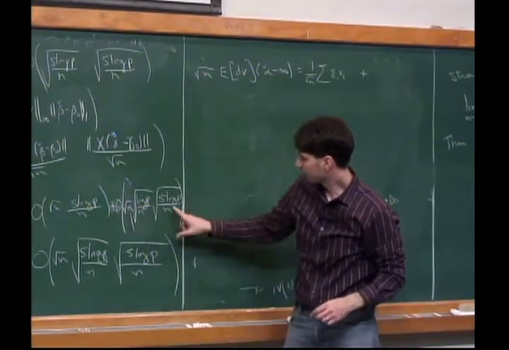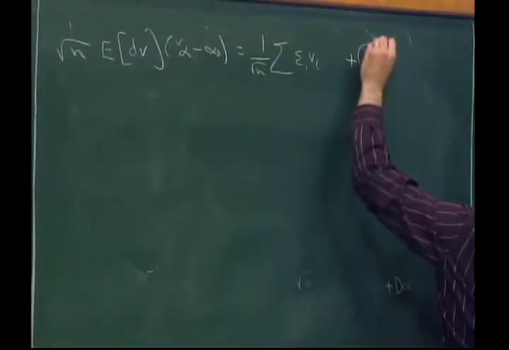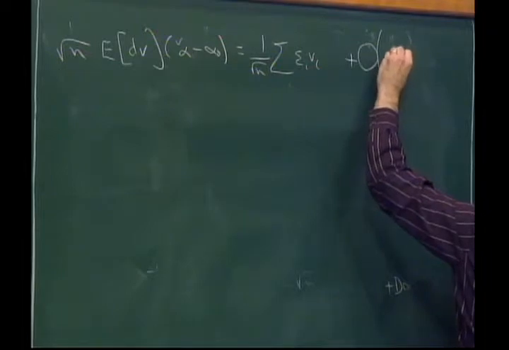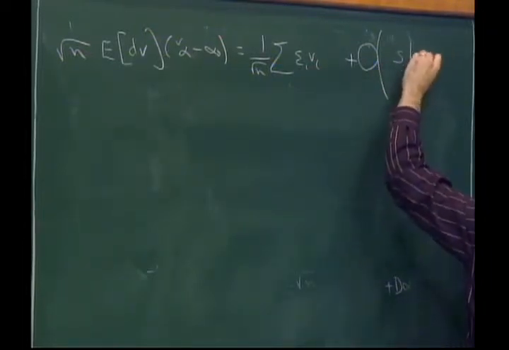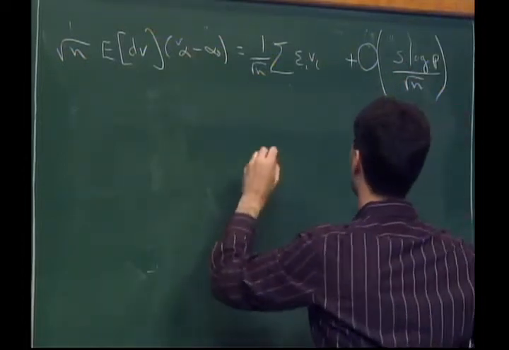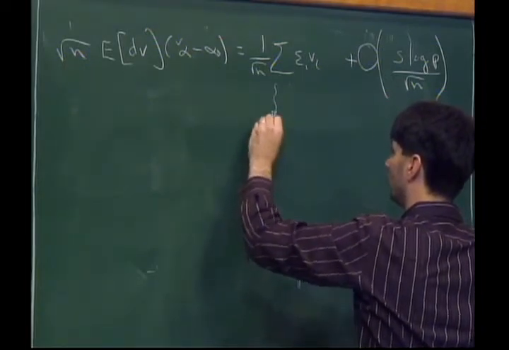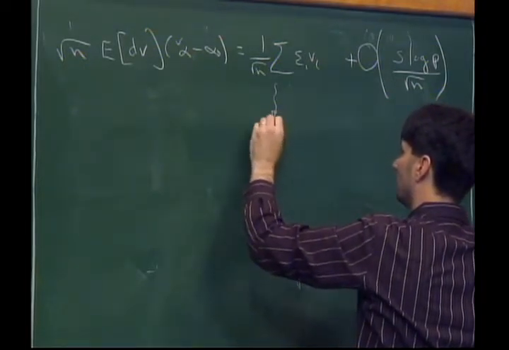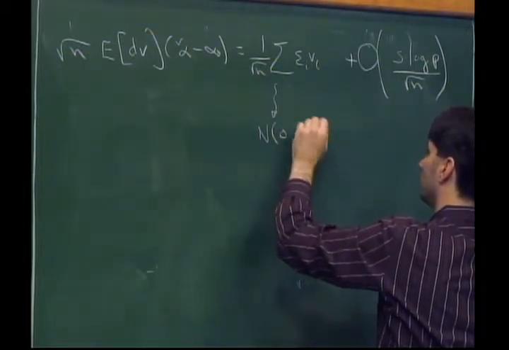Same thing here is going to be of the same order, plus the order of s log p over square root n. So this goes to a normal, 0, expected value of